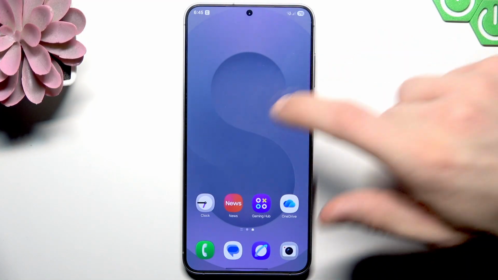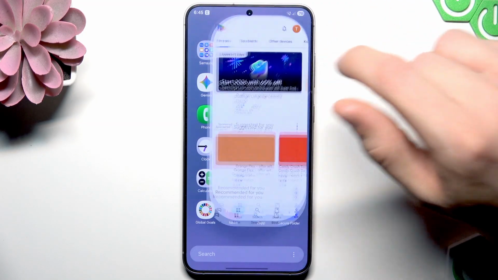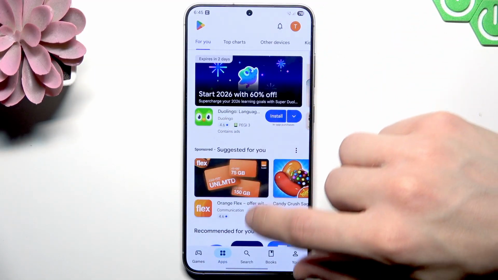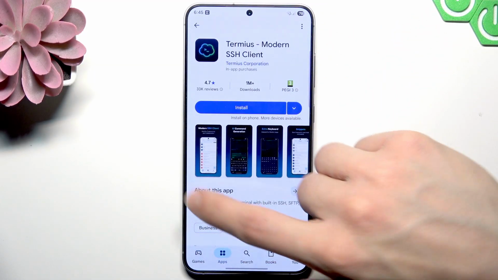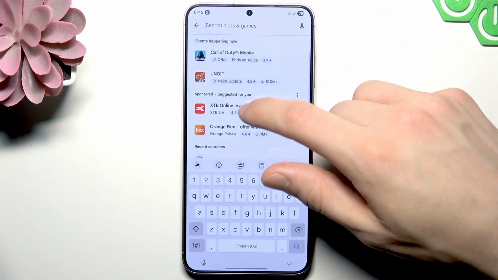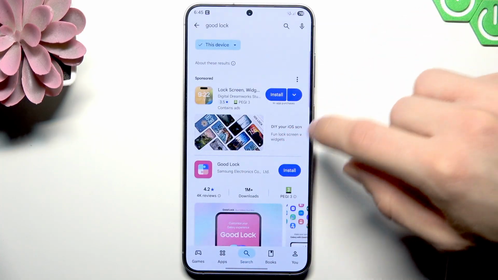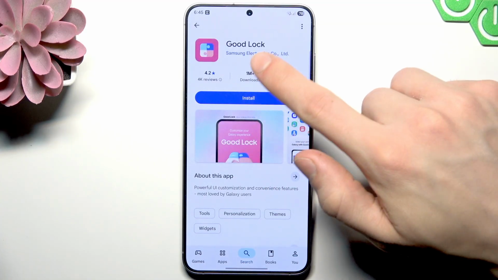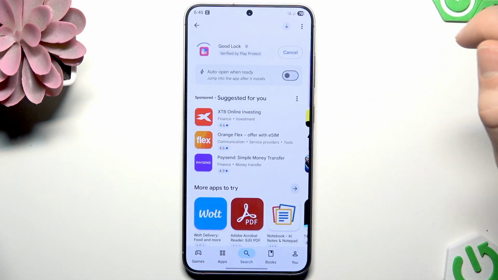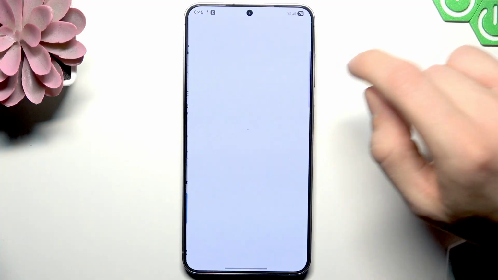To add custom stickers and emojis to our smartphone's home screen, we're gonna have to first download the Good Lock application that is available both in Galaxy Store and Play Store. So just open whichever is closer to you or the one that is available in your region, and then find the Good Lock application in it, download and install it, then launch it,